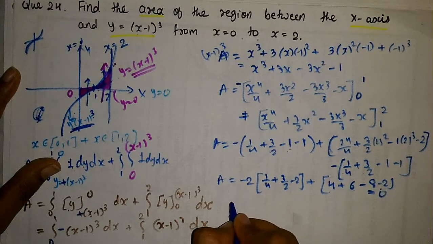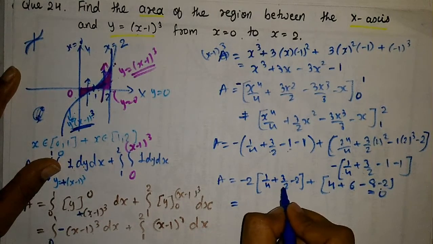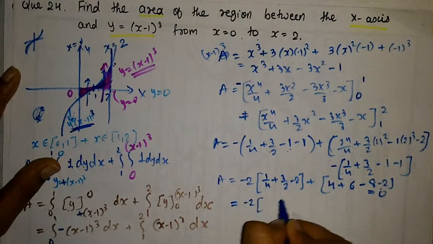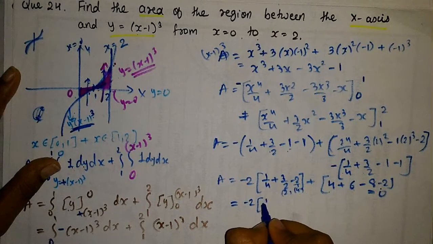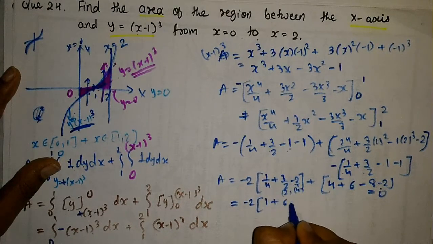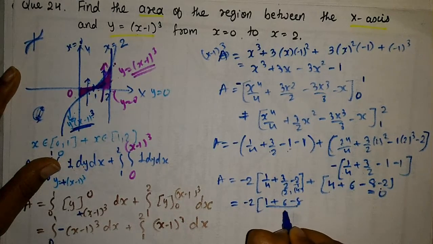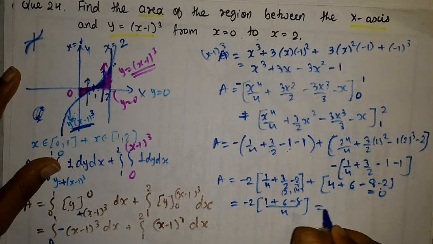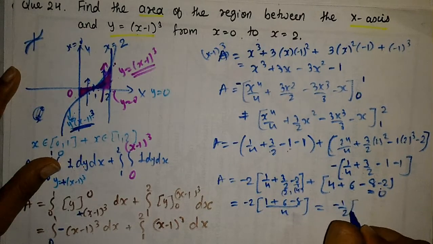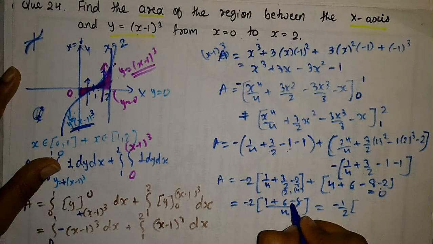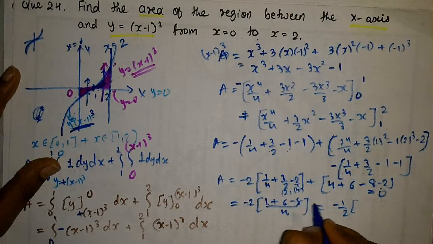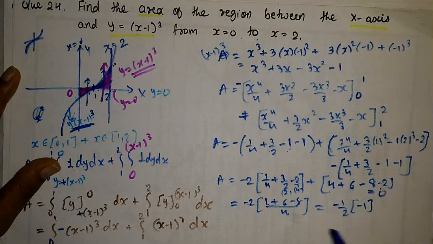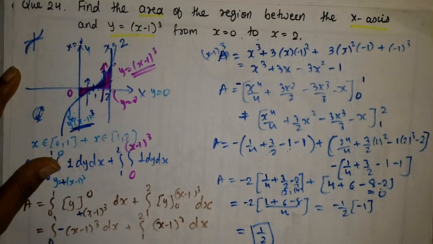So now we have to solve this term. So let's take the LCM. So it will be 2, it will be 4, 1 upon 4. So 1 plus 6 minus 8 upon 4, that is equal to minus 1 by 2. We have divided this into 6 plus 1, it will be 7. 7 minus 8 is minus 1. So that is equal to 1 by 2. So 1 by 2 is our answer.